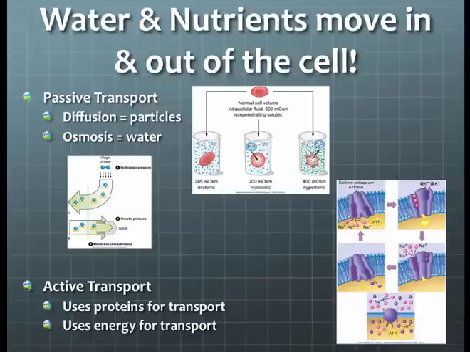So that's passive transport, just water and particles moving in and out of the cell without any real help, just changes in pressure and changes in concentration. On the other side, you have active transport. Sometimes you have an inactive transport. So mediated transport or active transport means that the substance trying to move across the membrane needs a little help, all right? And you see this when the particle's too big and it needs a carrier, like a transport protein, to help it get through